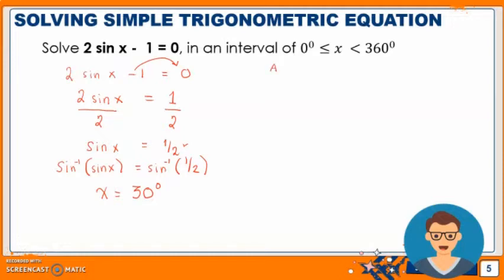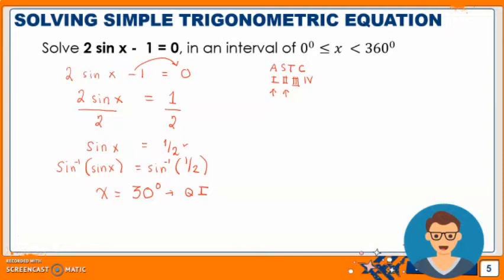We have A, S, T, C. We have quadrant 1, quadrant 2, quadrant 3, and quadrant 4. In this case, sine is positive in quadrant 1 and quadrant 2. Since x is equal to 30 degrees is already in quadrant 1,